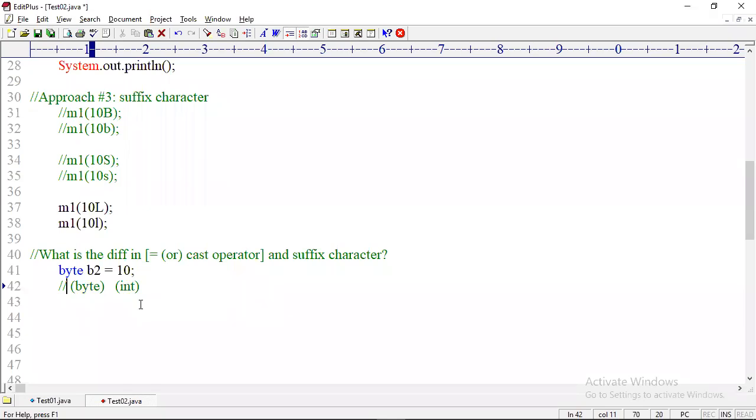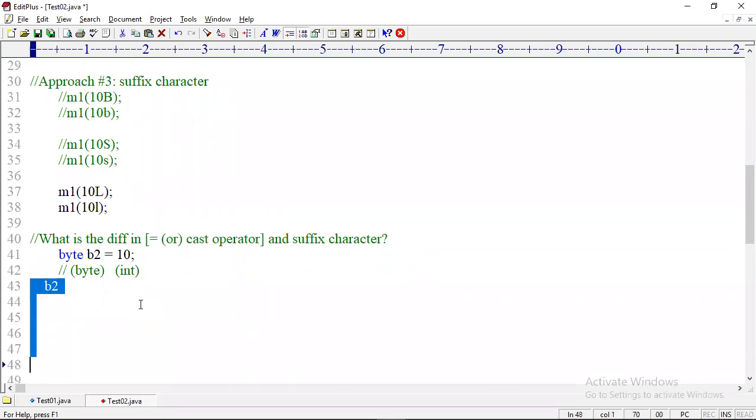You are just a student. After you took admission, then you are a Naresh IT student. Okay, 10 is of what type? By default, you are a student. After taking admission and joining Naresh IT, now you are a Naresh IT student. That means, with the name of B2 in the next line, 10 is of what type?